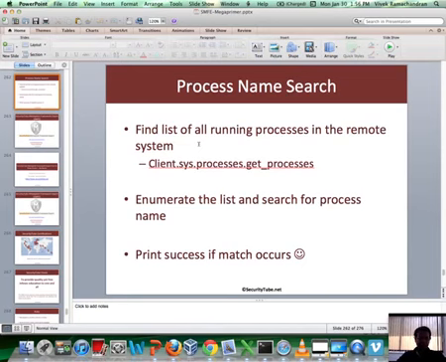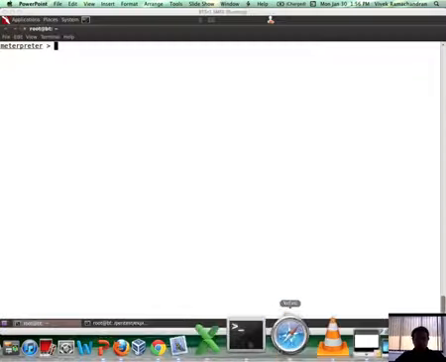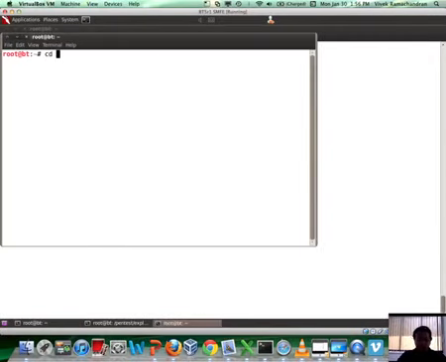An API which can help you to do what you want. Now, if you think about it, we want a list of all currently running processes on the victim system, right? Which means if we go to the Metasploit directory, pentest, exploits, framework, lib, and then